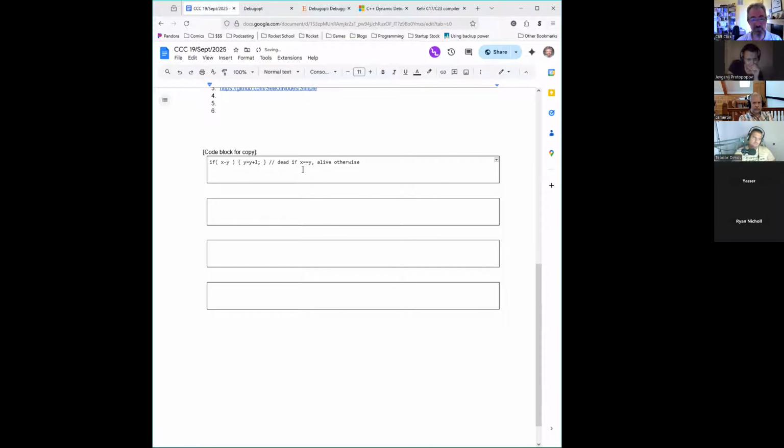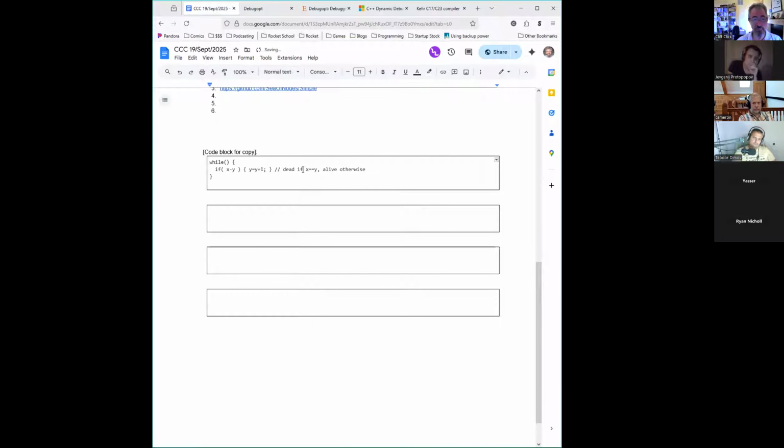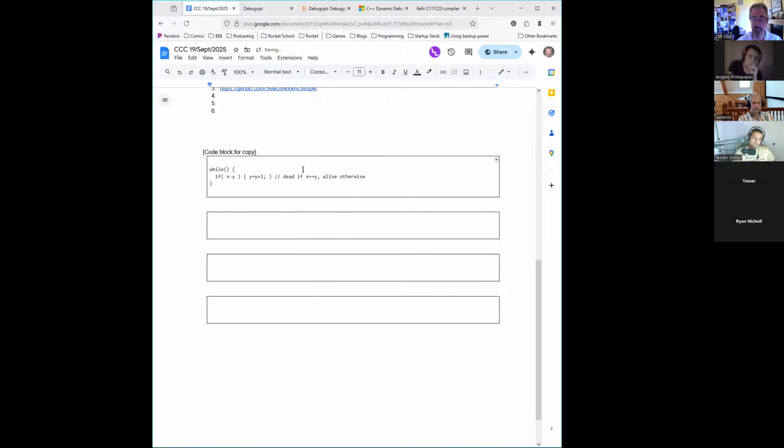So as soon as you do this, the congruence of x and y fails. So somewhere above, there's a loop. Who knows what the loop's testing on? It runs for a while. Is x equal to y in the body of the loop? Well, x is equal to y in the body if x is equal to y ahead of time and not otherwise. So if up here I said